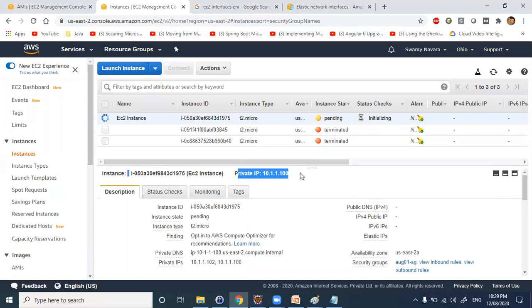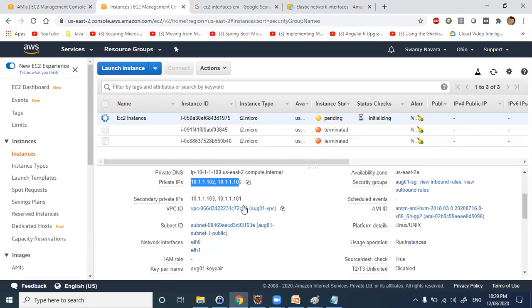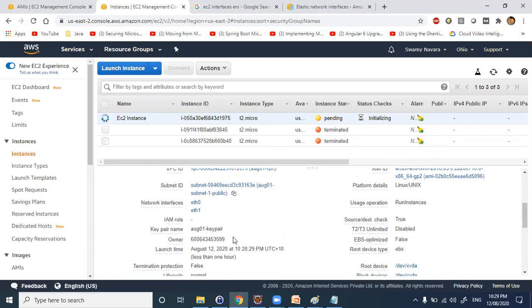There is a private IP which is allocated, which we have provided here, and we can see the different private IPs. We have given two private IPs. Both the private IPs are there, and the secondary private IP is also here, which we provided for both the network interfaces. And these are self-explanatory.